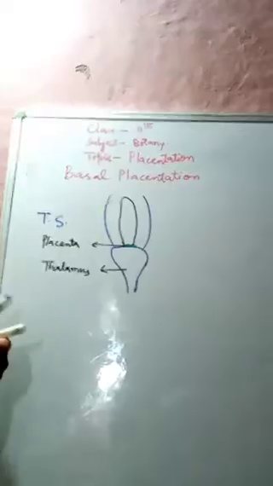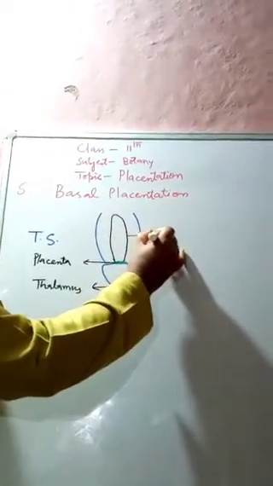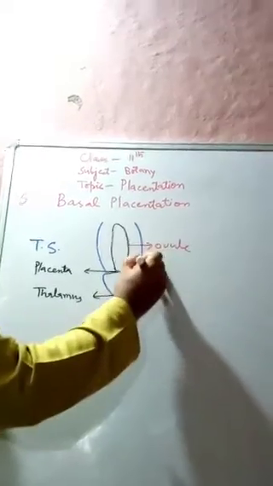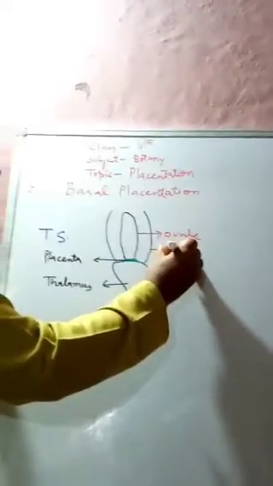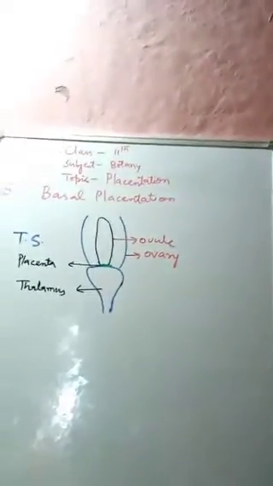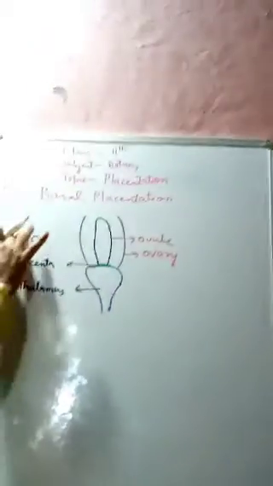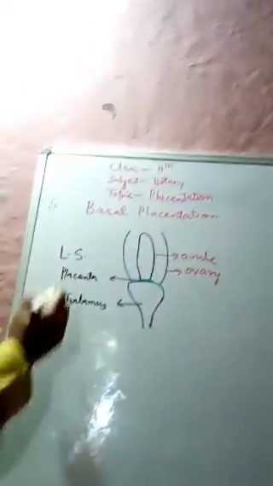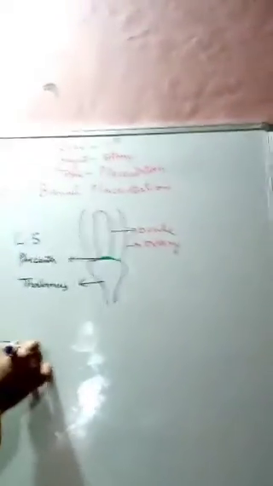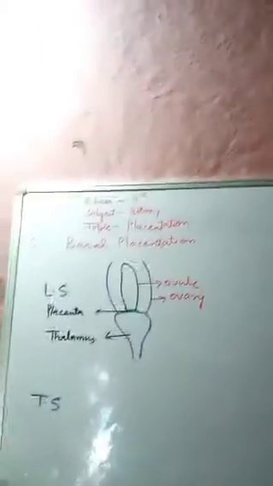Now what we will see, this central structure is the ovule, and it is this ovule which develops into the seeds, and this is the ovary. Now if we try to draw, sorry, this is the longitudinal section. If we try to draw the transverse section of this placenta, what we will see,